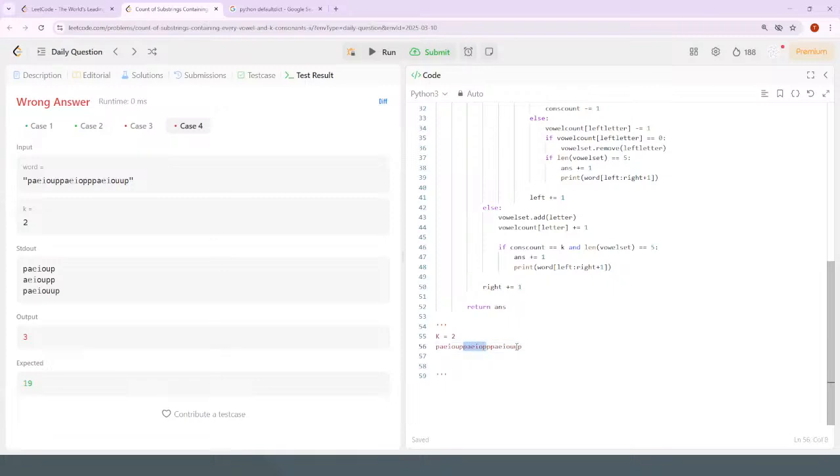It keeps doing this: removes from the left until it removes a P, then increments until another P. Okay,